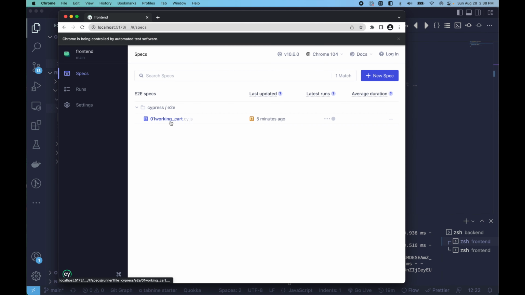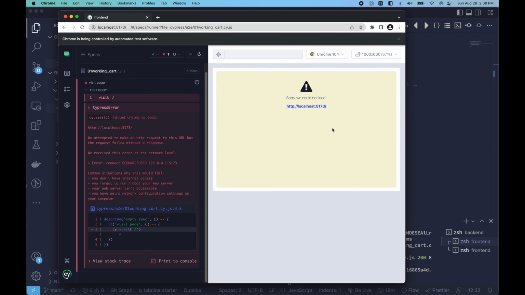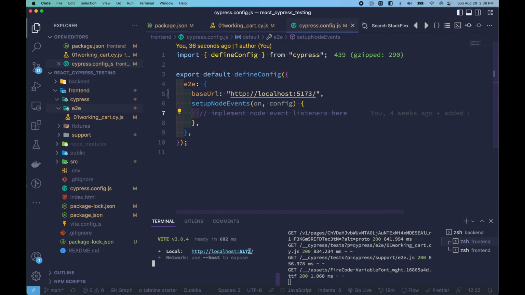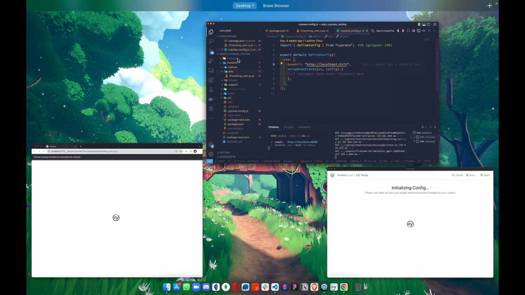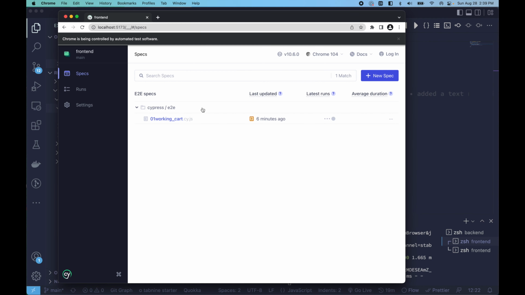Let's click it, and it says we couldn't find it. Let's see why. HTTP localhost